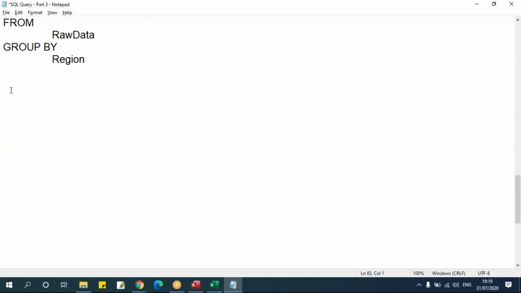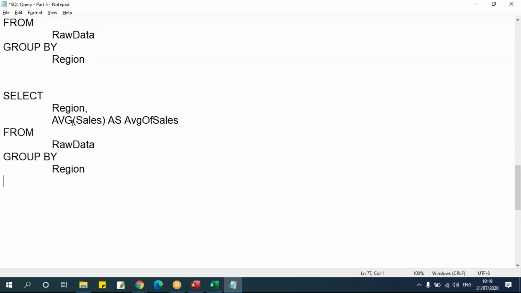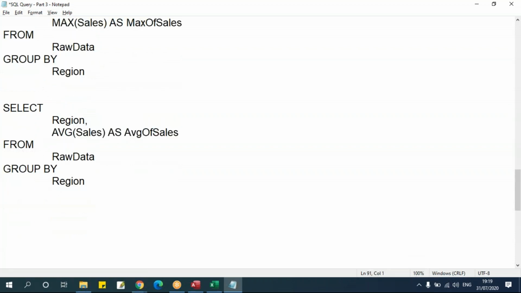It is similar to our Excel function, max, and here we'll say max of sales. It will give me the maximum number. Next one is count. Let's go here. I'll say count. Here we'll put it as count. Like this. This is how the aggregate function will work.